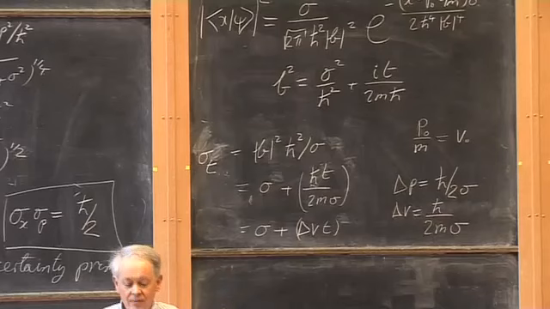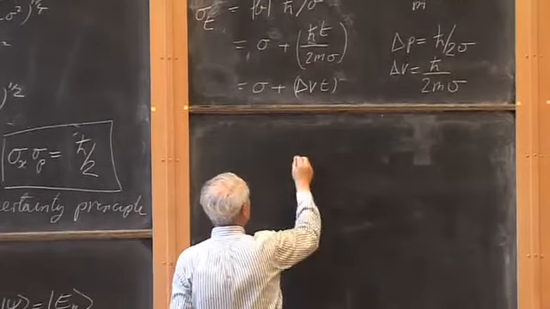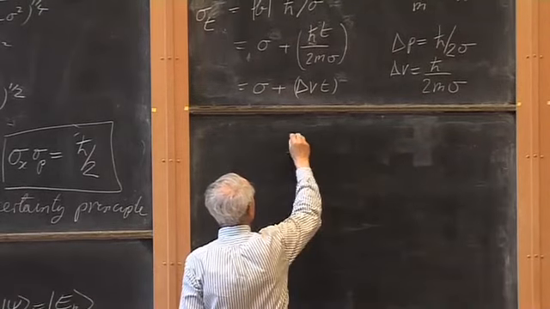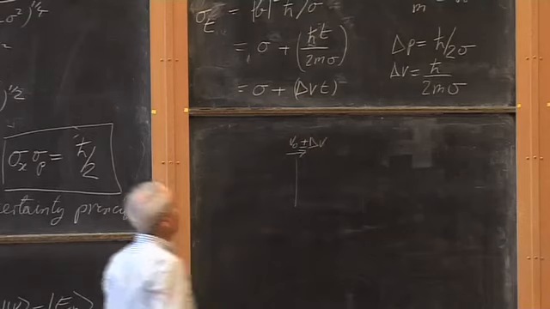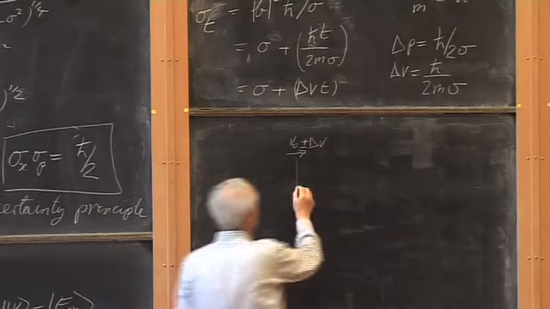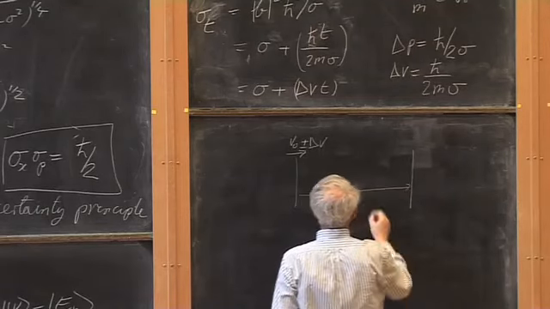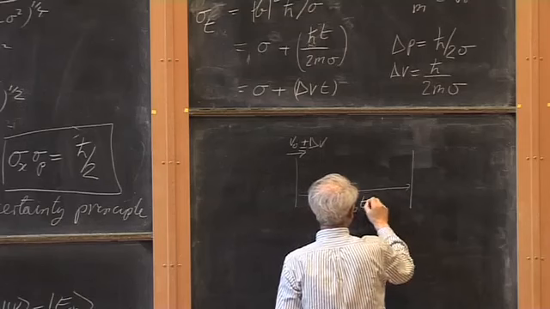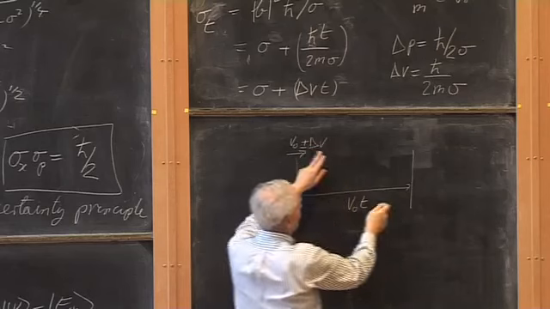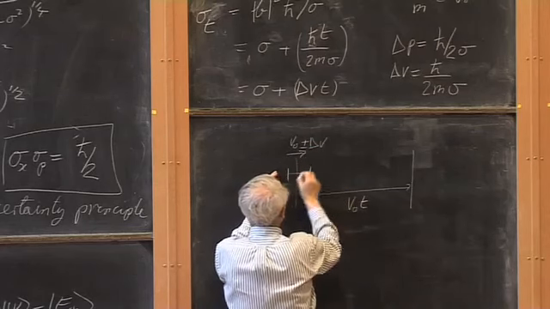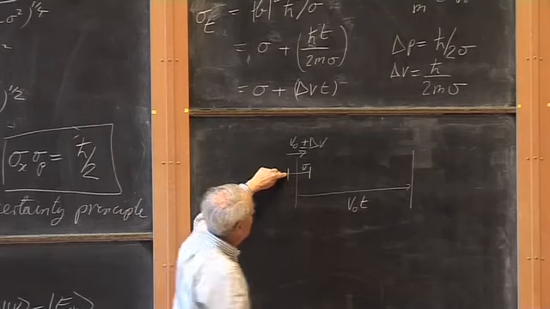But that's what you would expect, right? Because what do we have? We have a bunch of particles originally at the origin and moving to the right with v naught plus or minus delta v. Some are going faster, some are going slower. At some later time, this is moved over by an amount v naught times time. And this width, there was a width sigma here, but the ones that were going slower than the average will have slipped behind.